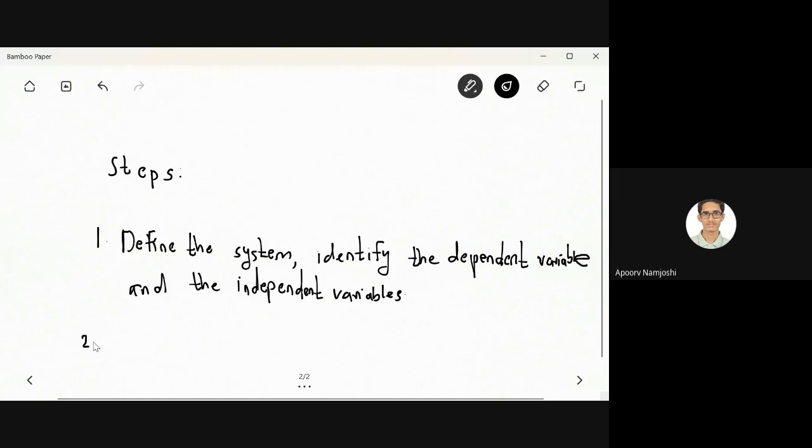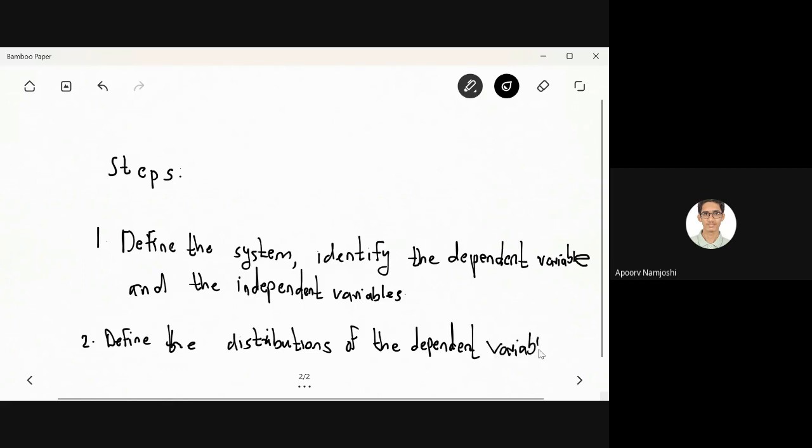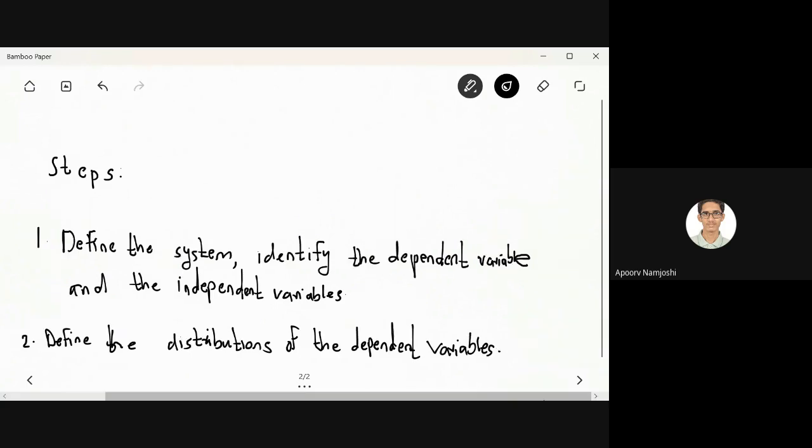Secondly, define the distributions of the independent variables, because all of these are random variables. And thirdly,